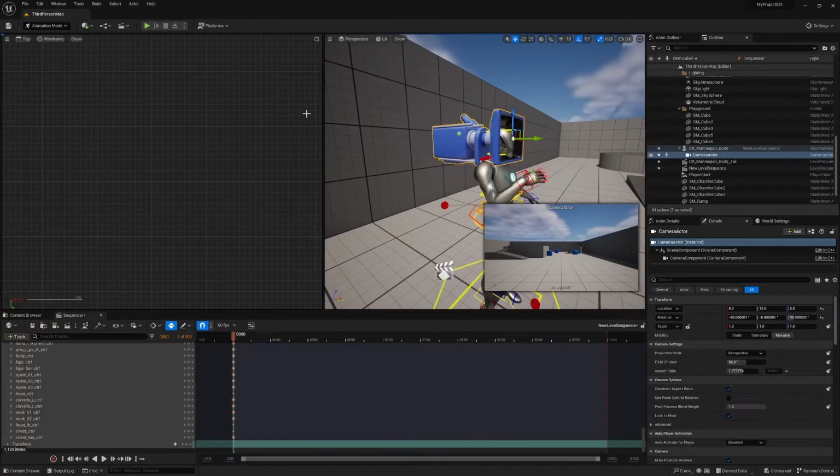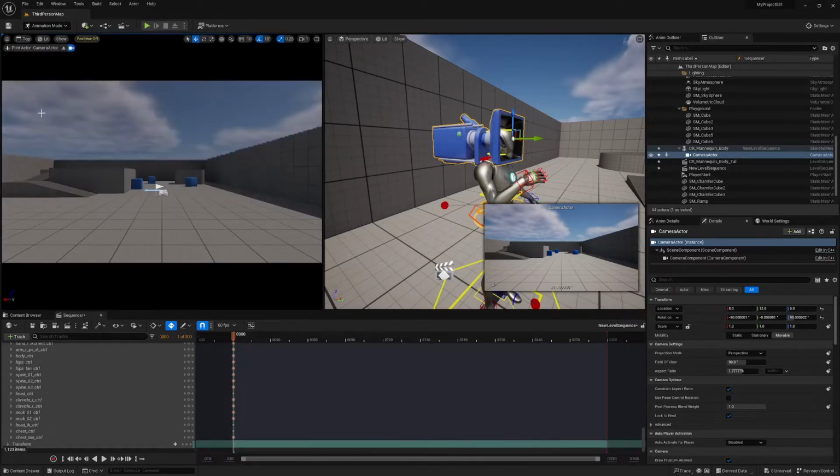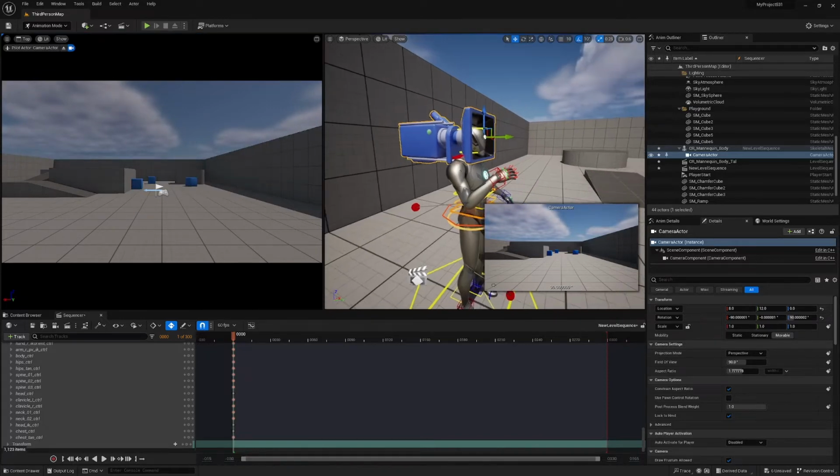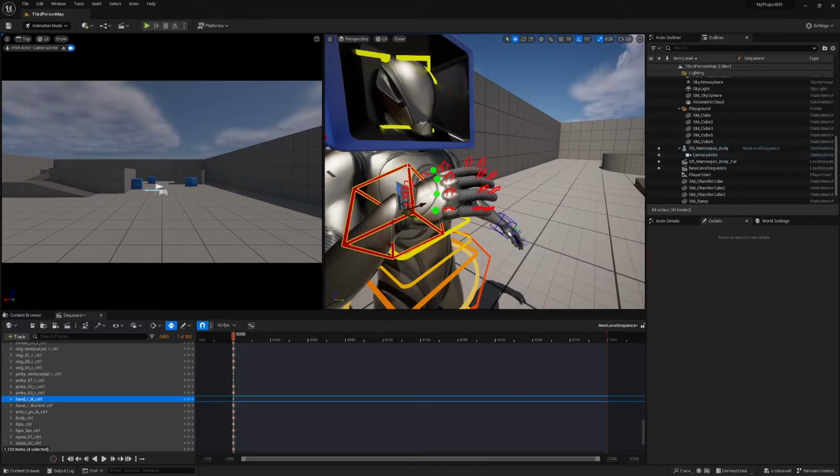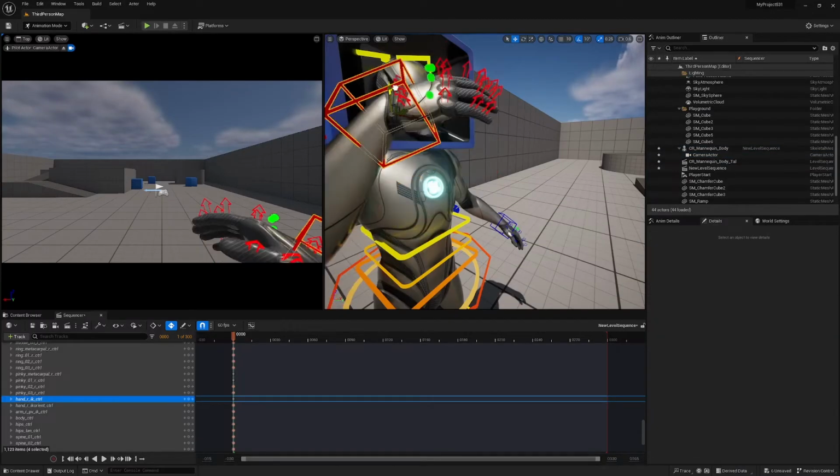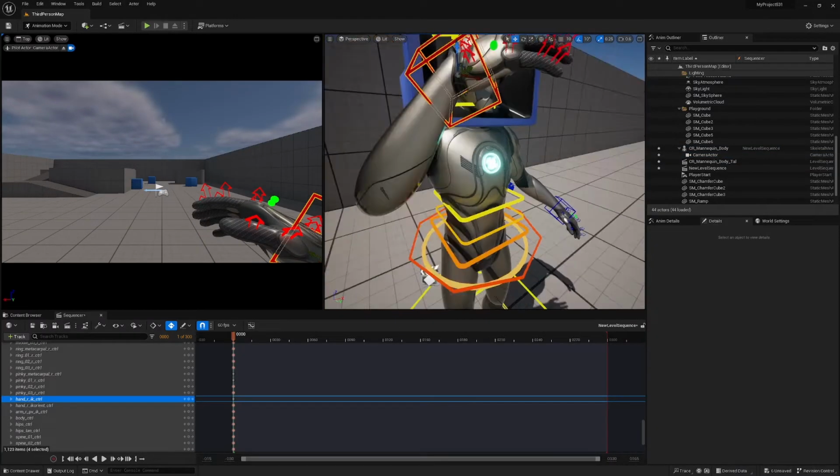And then over here in your second viewport, you can select this one and just change it to the camera actor and switch on real time. Now, if I grab the hands and move them up in front of the camera,